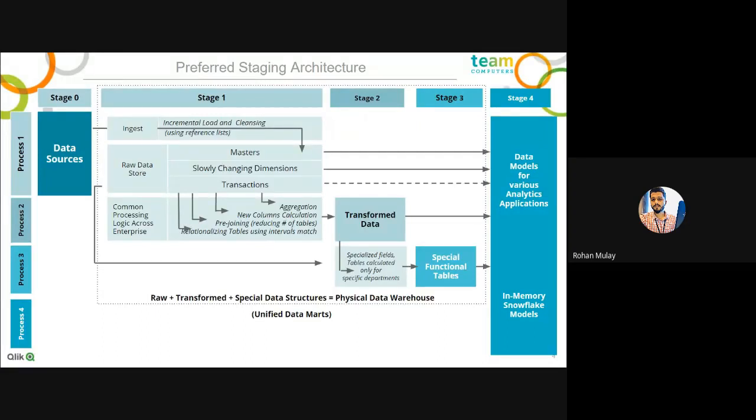And then the next process in stage one is we need to do aggregations, creation of new columns, joining, concatenations, whatever, which will ultimately form the transformation part, and we will come into stage two. So as I said, in the transformation part, we will create components specific to departments or specific to modules in a particular business. So you can see this next stage, which is stage three, which is basically